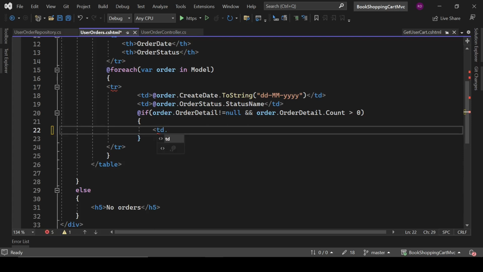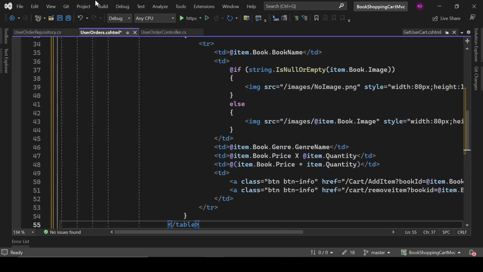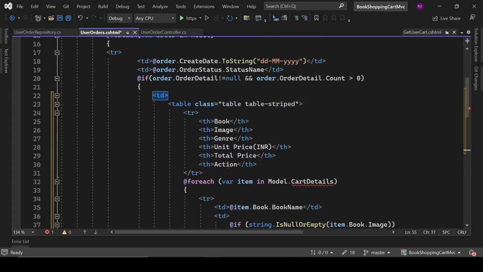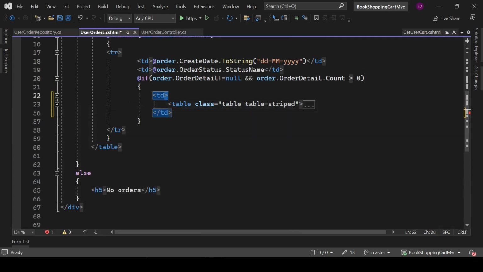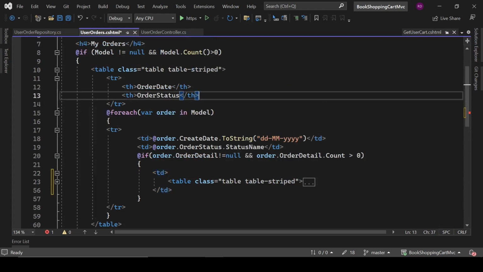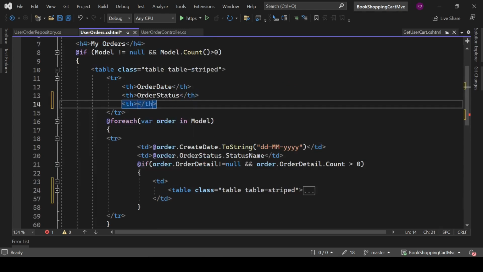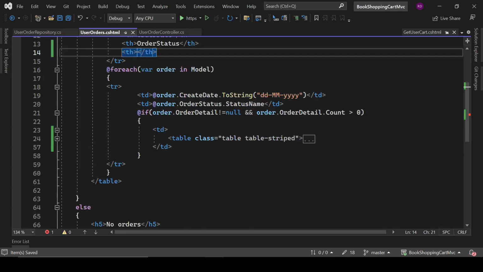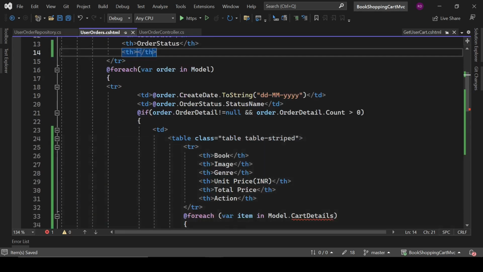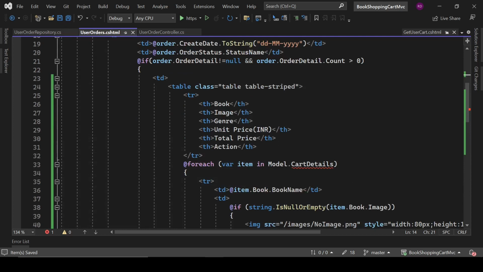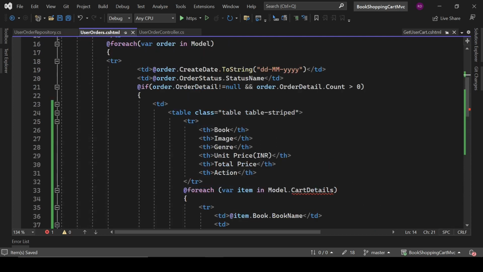Can we do this? Can we do this? TD. Now we are pasting this table inside this new TD. So we will create one th here. Okay, so now rather than doing this, we will do here